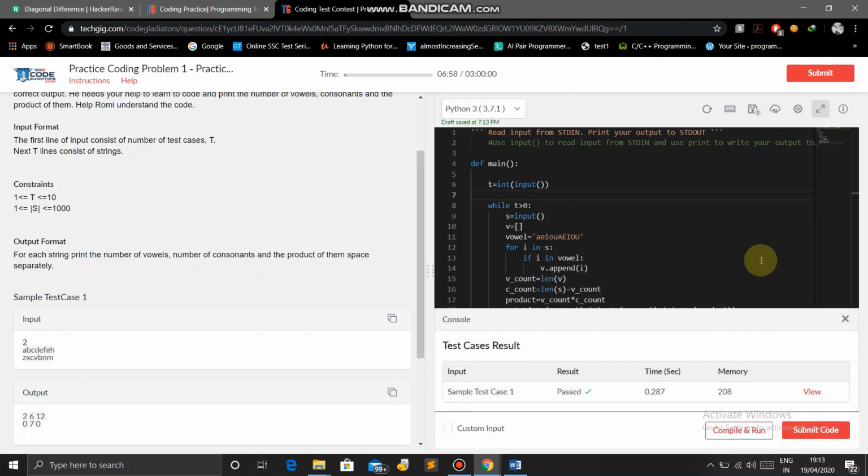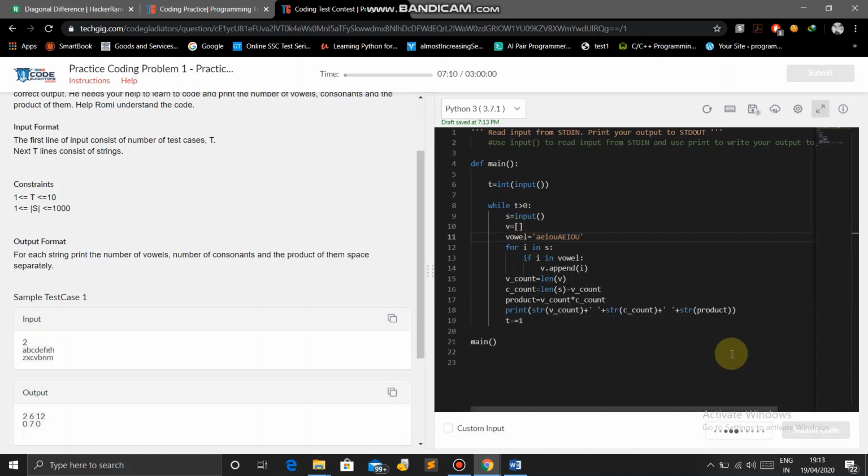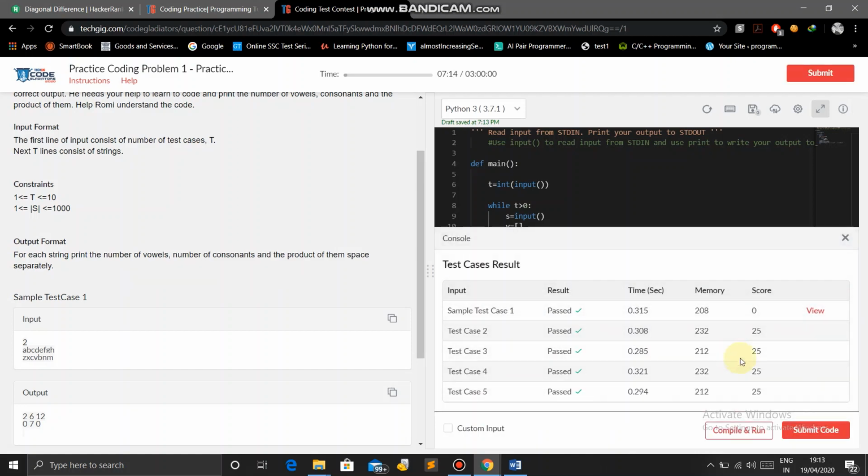Yeah, the problem was that we defined the vowels and the v list before the test cases. So we will define them inside the test cases, and that will be fine. Now let's submit it. You can see it has passed all the test cases.